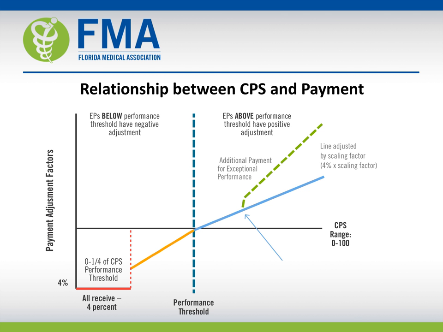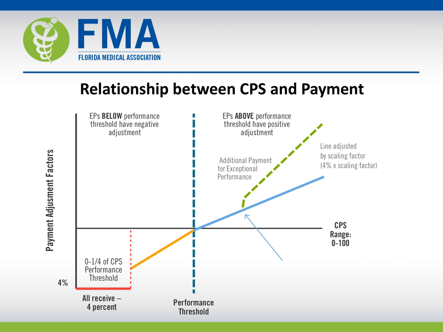To explain how that would work, hypothetically, let's say that at the start of a year, CMS anticipates that it's going to assess $200 million in penalties and award $100 million in bonuses. In that instance, CMS would double the size of the bonuses such that the total value of bonuses paid out would equal the total value of penalties assessed, or vice versa, which is to say that bonuses may be larger or smaller depending upon how many physicians are penalized, because the penalties will ultimately be used to help fund